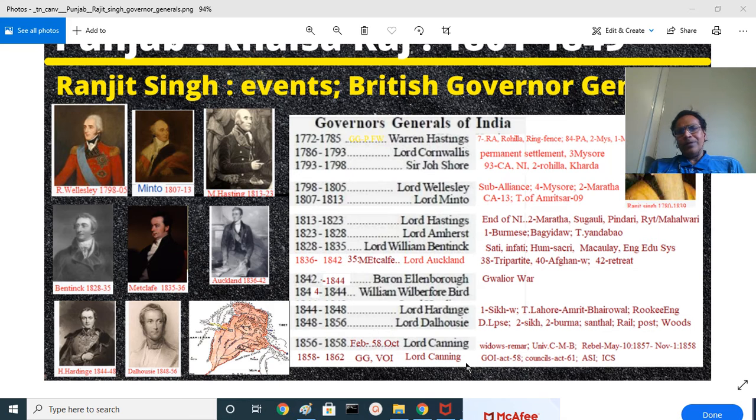And the British Crown took over the entire British India. Now it was no more under the control of the East India Company, but a British colony under Empress Queen Victoria at that time. That is the Government of India Act of 1858, then councils were introduced and so on.